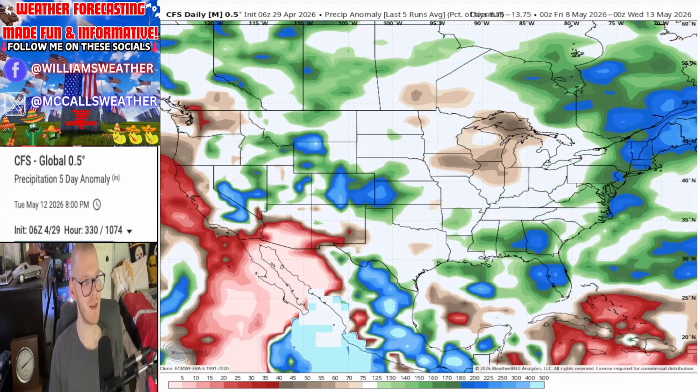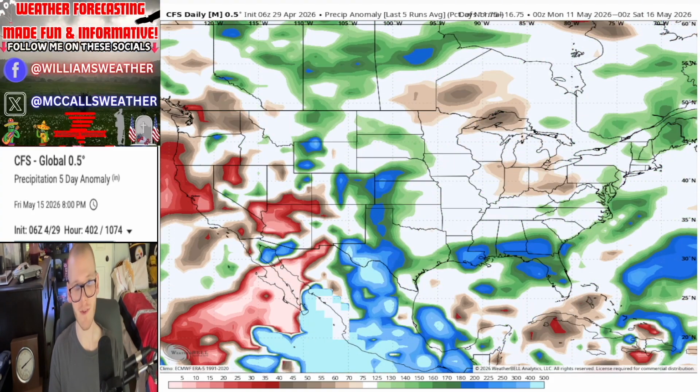Head off into the middle of the month, let's say the 15th time frame. We can see there's a stark contrast between this and the rest of the models, as it's looking like the Southeast is going to be above average. I would be in agreement with this one, as the Southeast is coming in on rainy season.